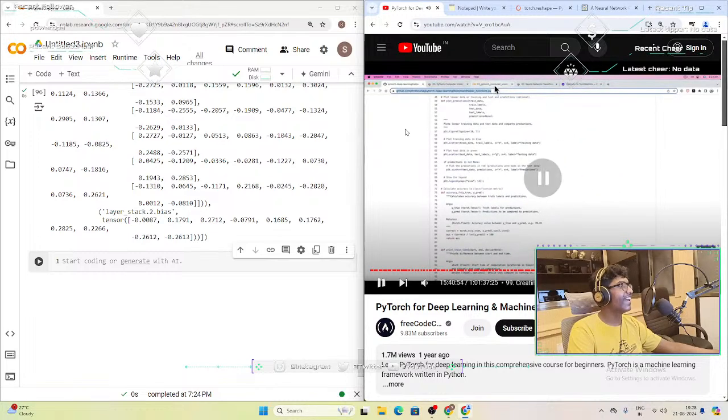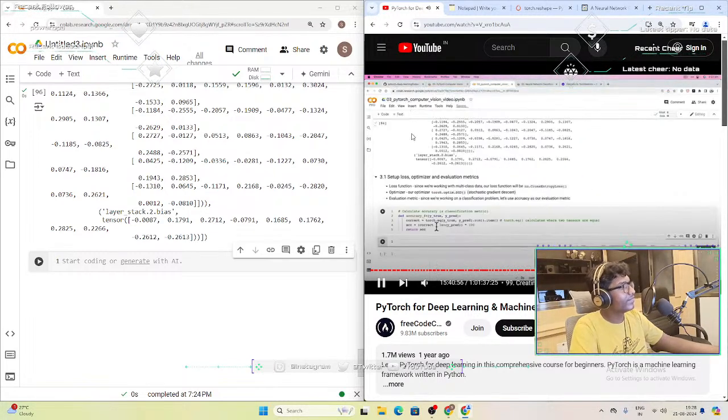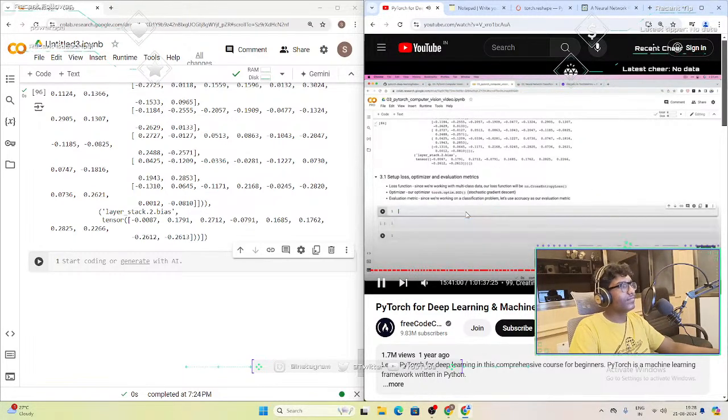Alright, helper functions. How do we get this Python file into our notebook? One way is to just copy the code itself straight here. But let's